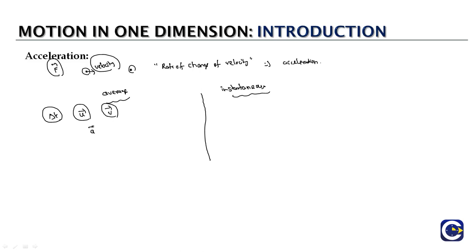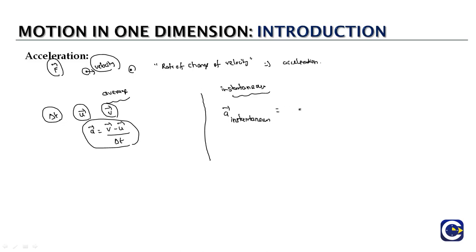Then acceleration will be the change in velocity, final velocity minus initial velocity, by the time taken. This acceleration is what we call the average acceleration, because this is measured for the total time of the journey. If you want to understand how the velocity is changing at a given instant of time, then we have instantaneous acceleration,